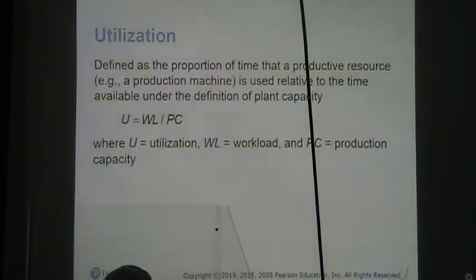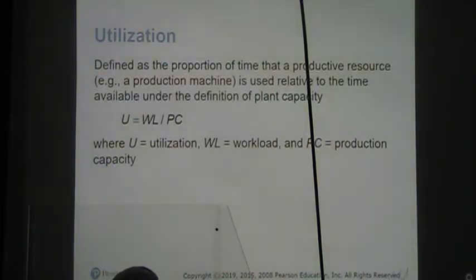Utilization is the proportion of time that our resource is used relative to the time available in the definition of plant capacity. They're using the formula utilization equals workload divided by production capacity,